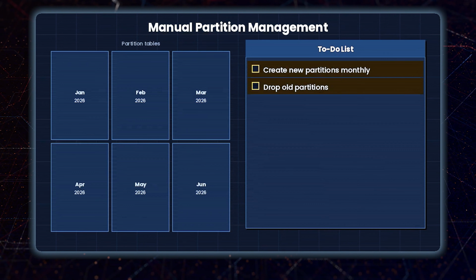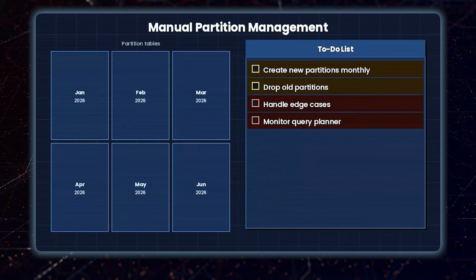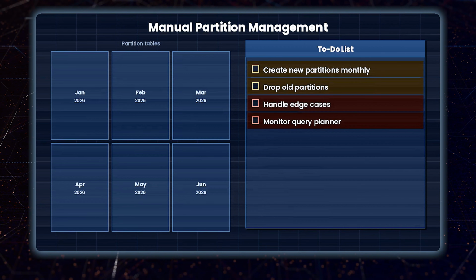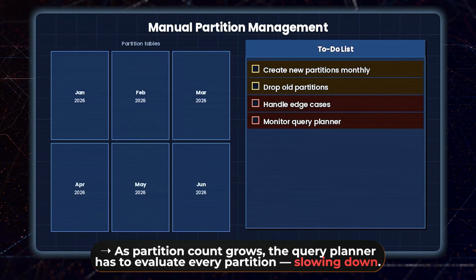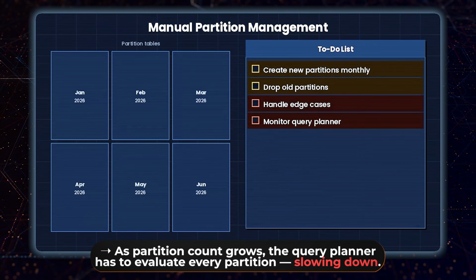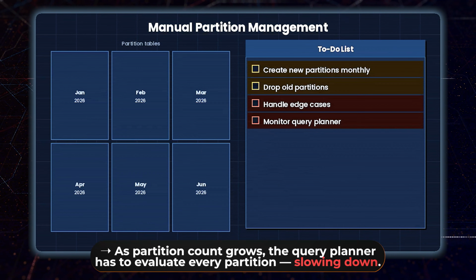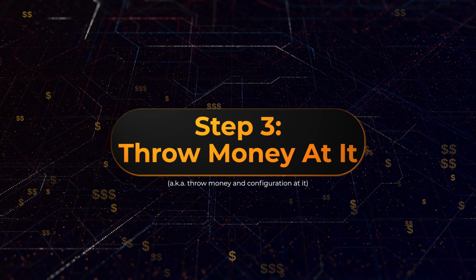You have to create them ahead of time, drop the old ones, deal with edge cases where the query planner doesn't prune correctly, and as your partition count starts to grow into the hundreds, the planner itself starts to slow down because it has to evaluate every single partition before it can even begin executing the query. So now you're back to being slow, and you move to step 3, which is basically to throw money and